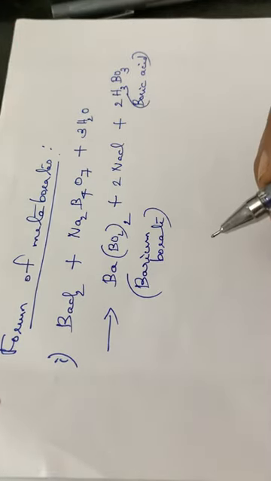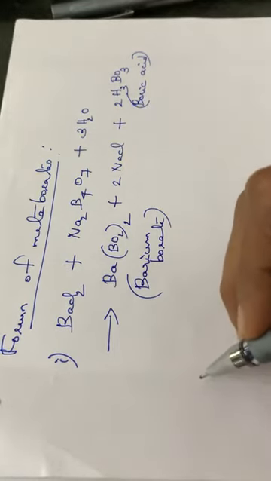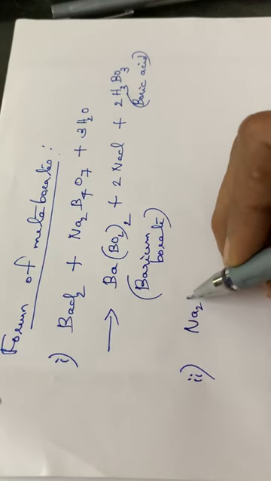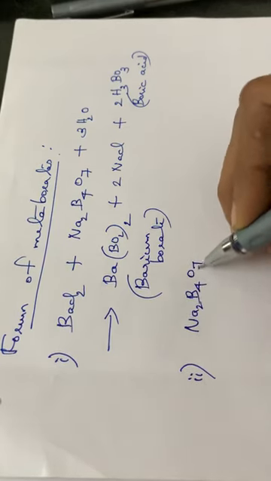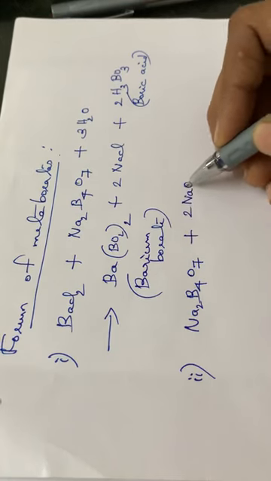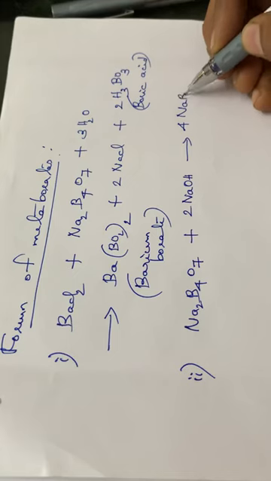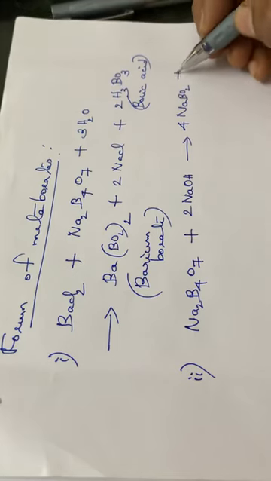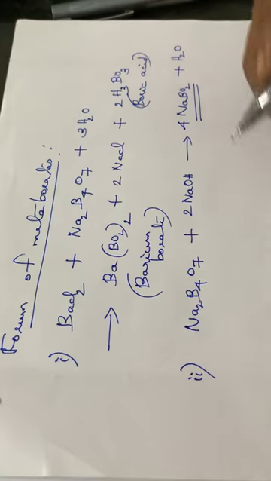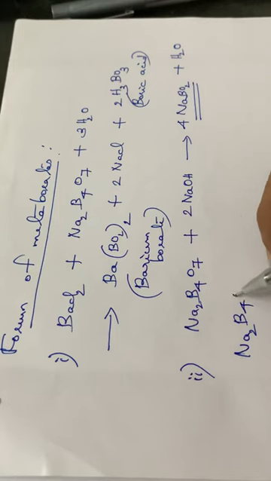So these are some of the chemical properties of these borates. Then the second reaction, Na2B4O7, that is sodium borate, plus 2NaOH, giving 4NaBO2, that is sodium metaborate, plus H2O. This is sodium metaborate. And again another reaction, Na2B4O7